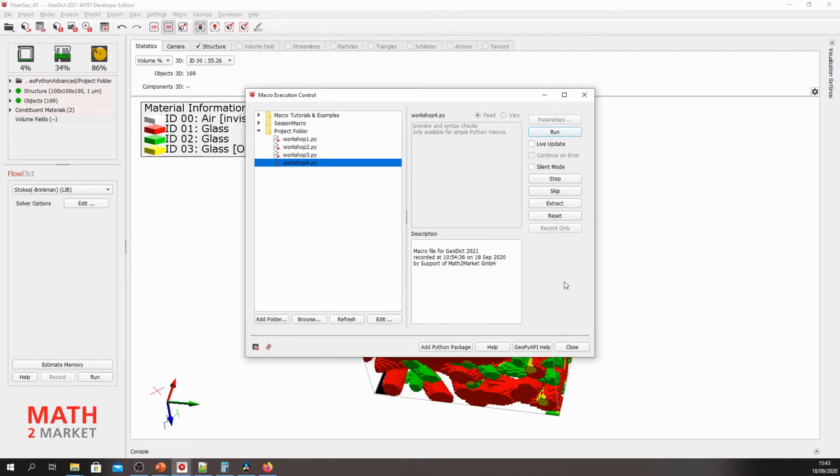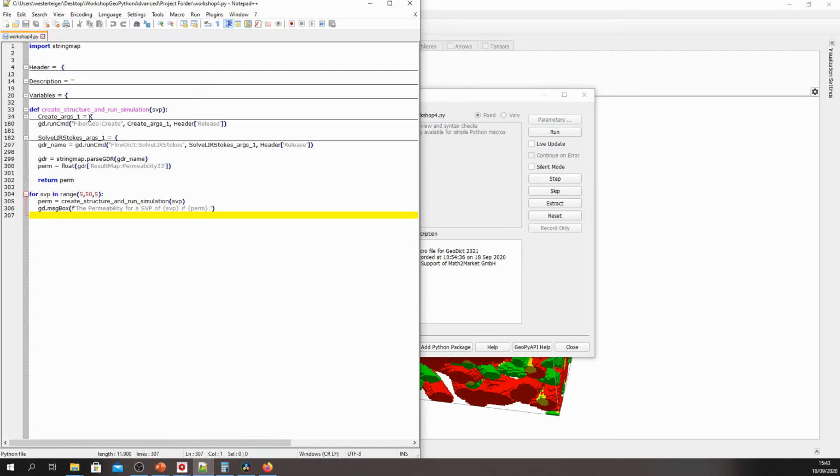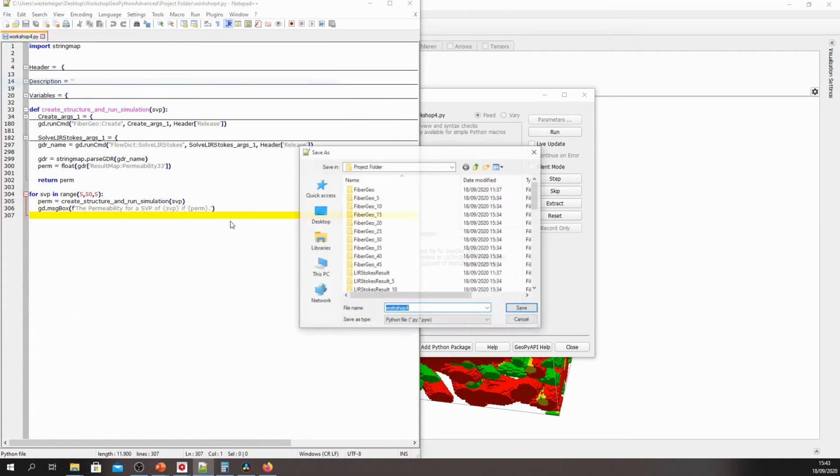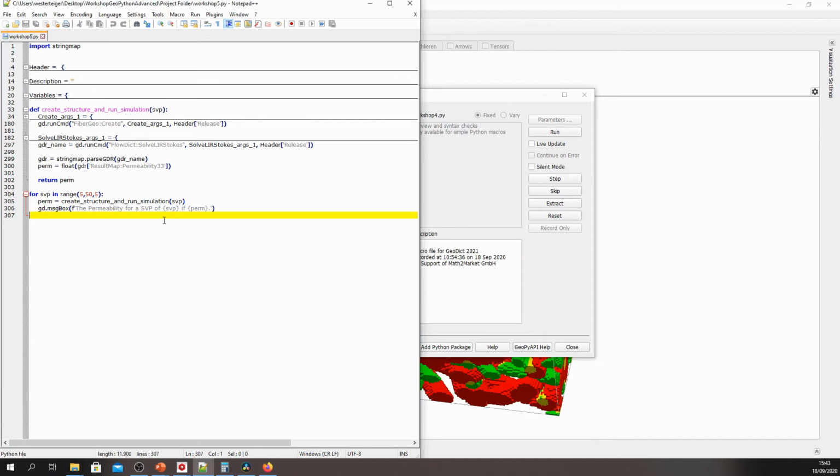In the next step we want to take these permeability values and plot them against solid volume percentages. For this, go back to Notepad++, go back to workshop4.py, and first of all, save it as workshop5. Now we go and remove the for loop. And first of all, we want to import the plotting library.